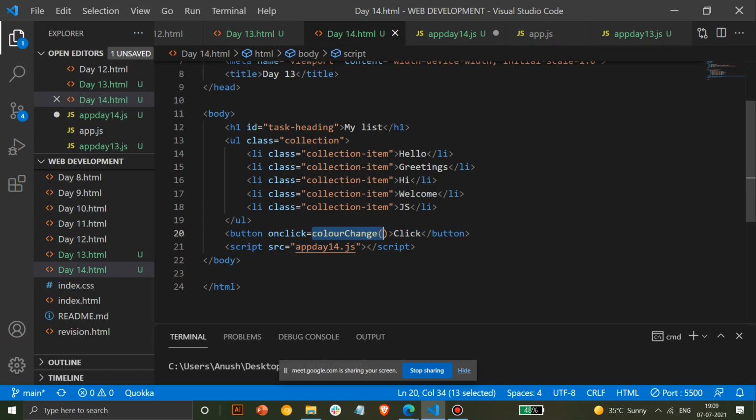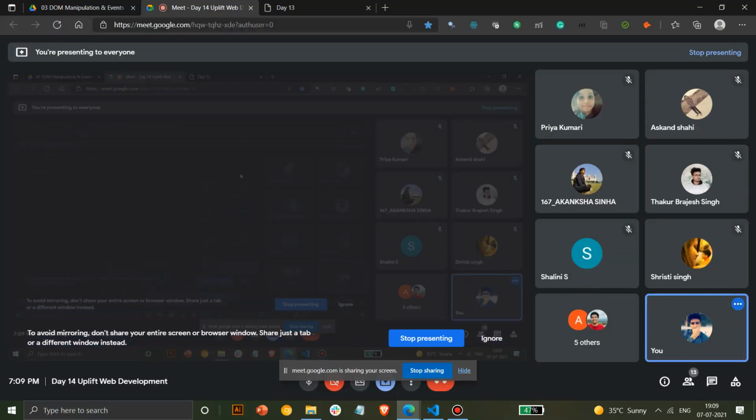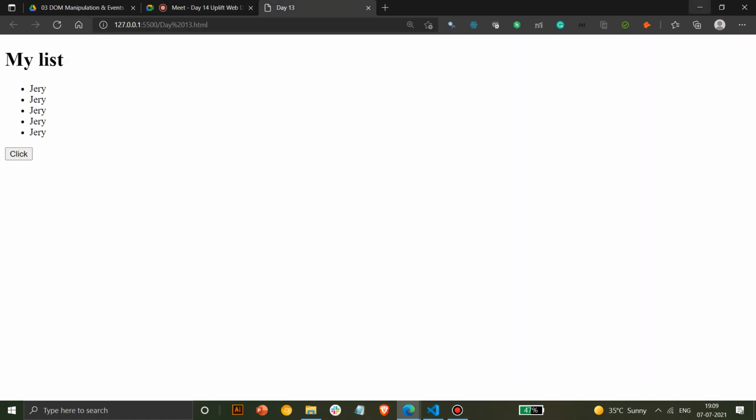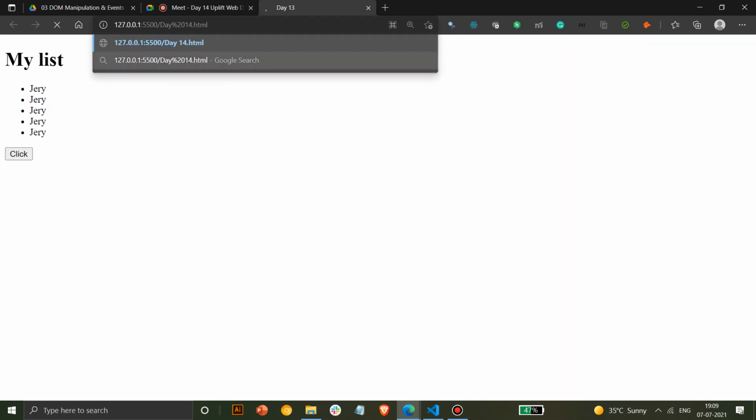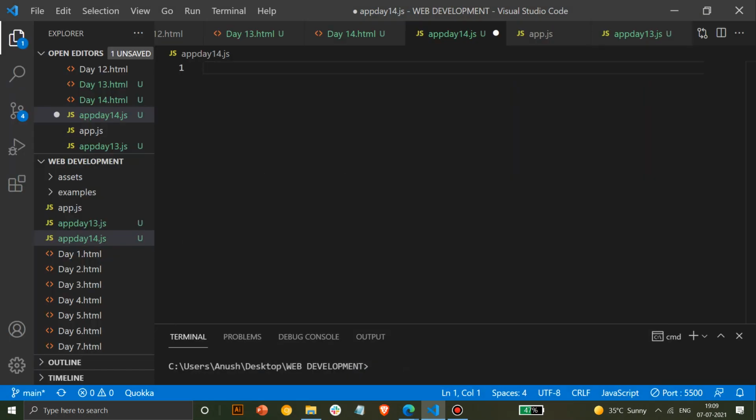So how to check if a JS file is connected successfully? Anyone, how to check it? Try, guys, try. How will we check if a JavaScript file is connected to the specific page correctly or not? We can use console.log. Yes, in the console.